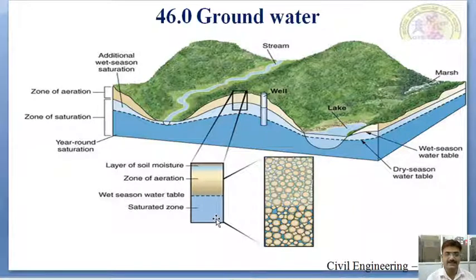What is capillary fringe? Capillary fringe is nothing but the water which comes from the capillary action. In the zone of aeration there are three zones: soil water zone, intermediate zone and capillary fringe. Soil water zone at the top, intermediate zone in the middle and the capillary fringe at the bottom. In the capillary zone, water comes from the capillary action. So this is the pictorial representation which shows the zone of aeration and zone of saturation. Right. Next.